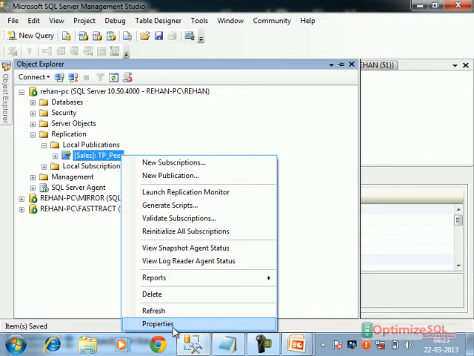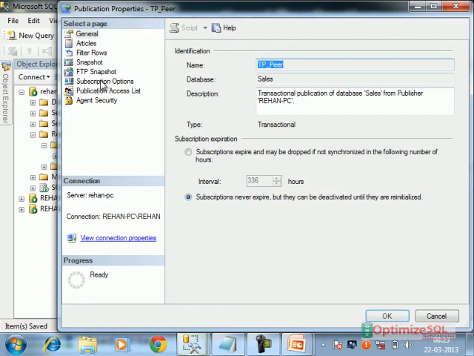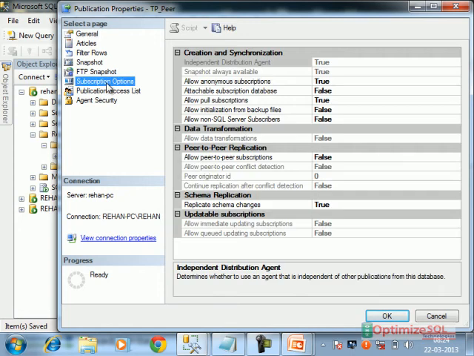In merge also the same. Observe what we have done till now: we have made every instance a publisher and distributor. Second step, we have configured one transactional publication, which we have seen already. Now I will right-click the publication and take properties, observe subscription options.